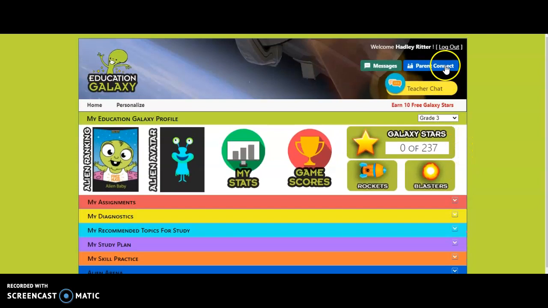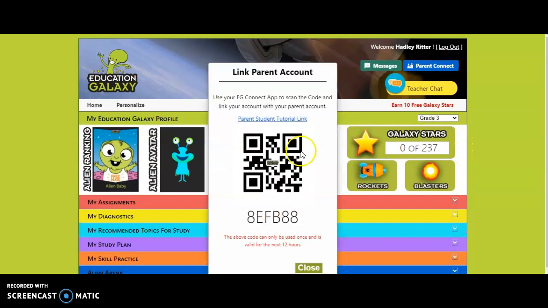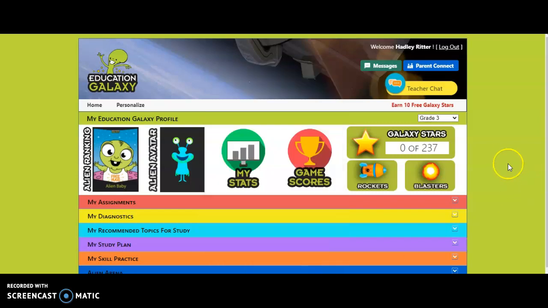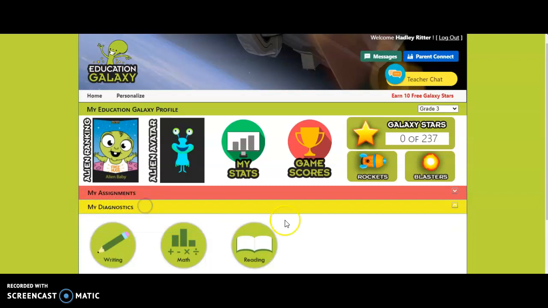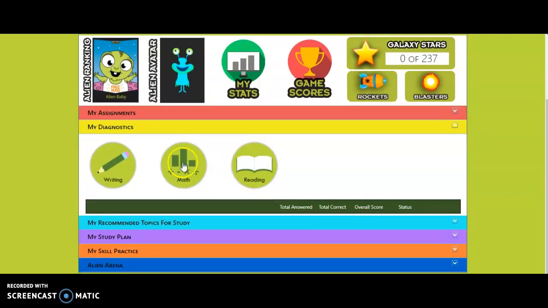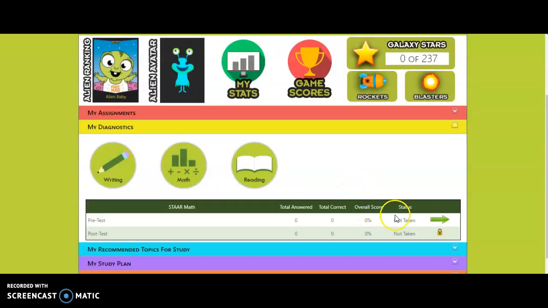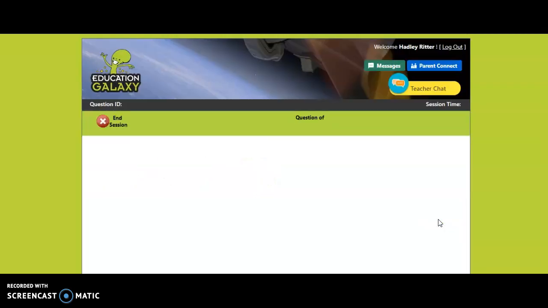Parents, if you want to connect, you can click Parent Connect, and then you just scan this code or this link, and then you can see how your student is doing in EducationGalaxy. Okay, I said the first thing that we're going to do is you're going to go to this yellow tab called My Diagnostics. You're going to click Math, and you're going to take the pre-test. It's going to say not taken. You're going to start this,